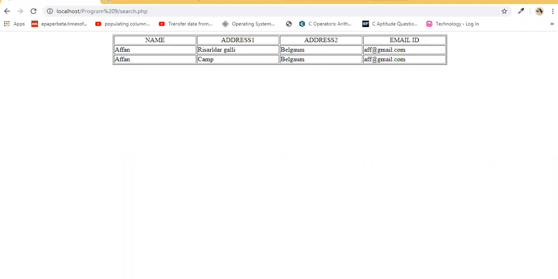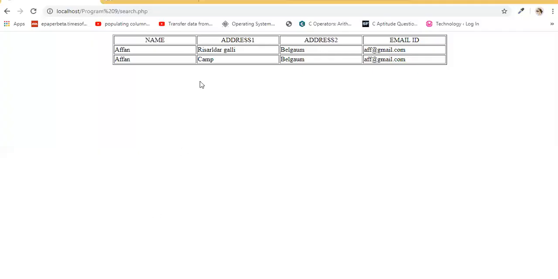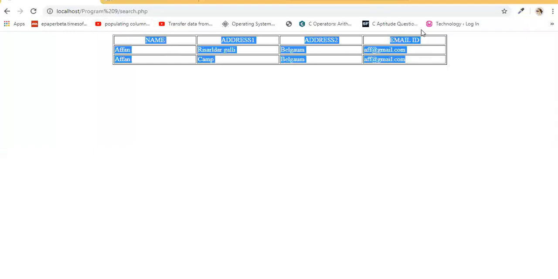So we require 4 columns. These TD tags are doing the task of creating those columns. Also, we have given the width and align center so that the name is aligned at the center. Then you close the respective TD tags and then you close the row tag. So the creation of this first row is done.